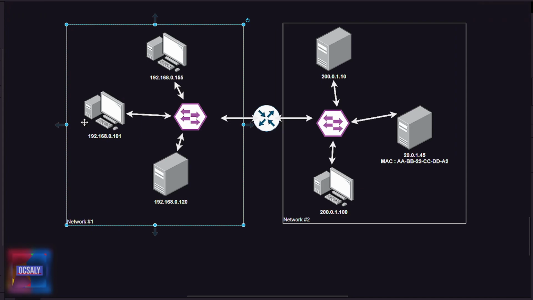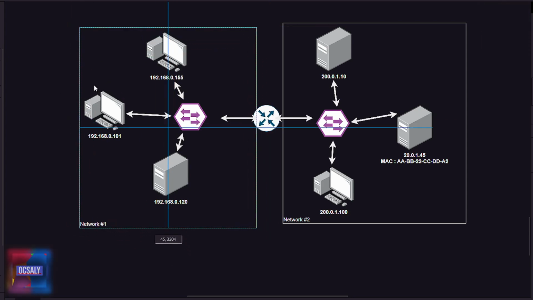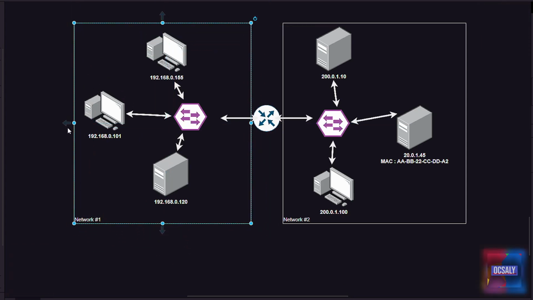Then the operating system uses ARP, the Address Resolution Protocol, to look up the router's MAC address at this IP address, 192.168.0.101. The original IP packet is encapsulated within an Ethernet frame with that MAC address. The router receives the Ethernet frame and unpacks